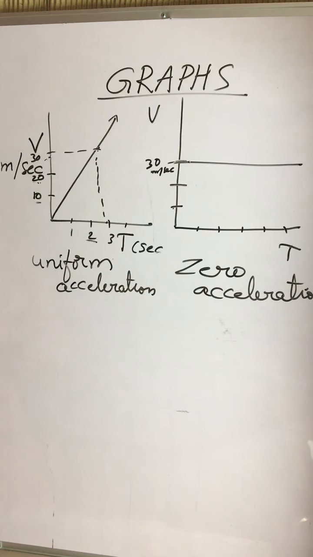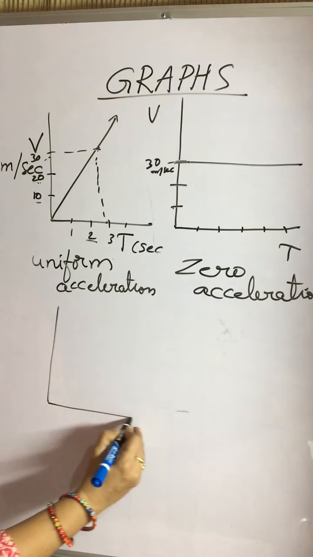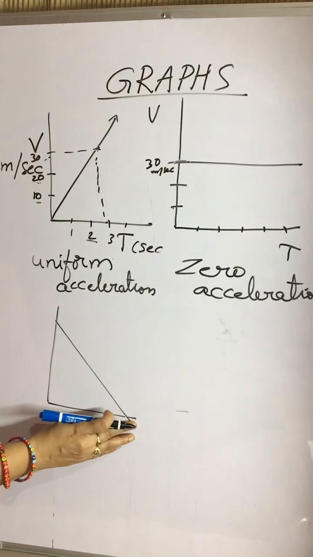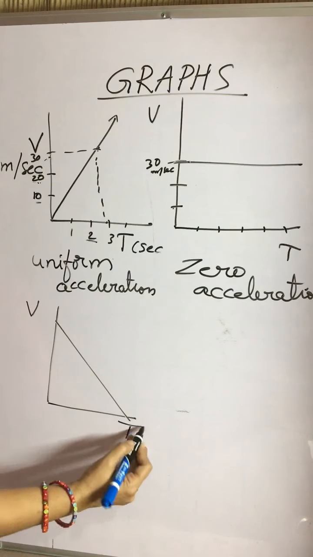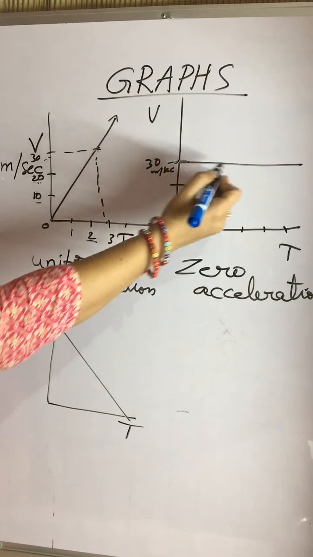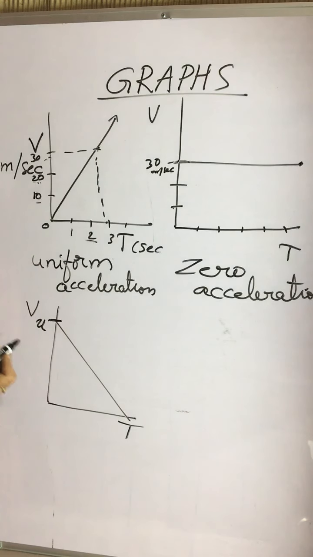Okay. Now let us move on to the third one. The third graph is like this. This is also a velocity time graph. What does it show? If the velocity time graph is in this shape, this is the initial velocity, students. This is the starting velocity. Here starting velocity is 0. Here starting velocity is 30, ending velocity also 30. Here starting velocity u, let us say 50 meter per second.